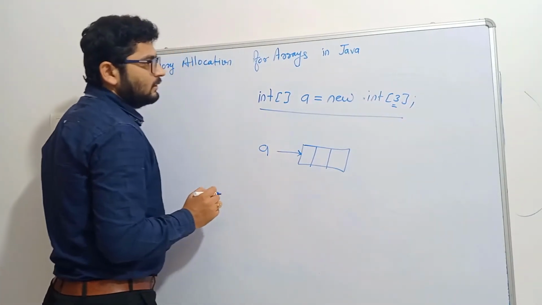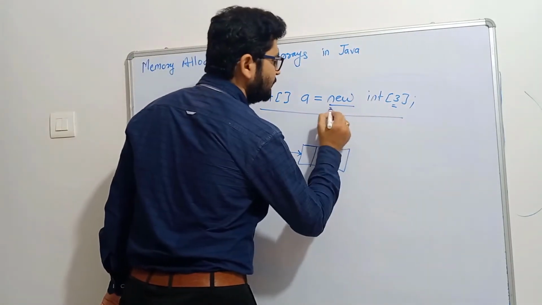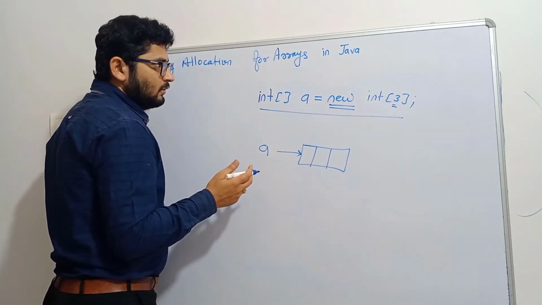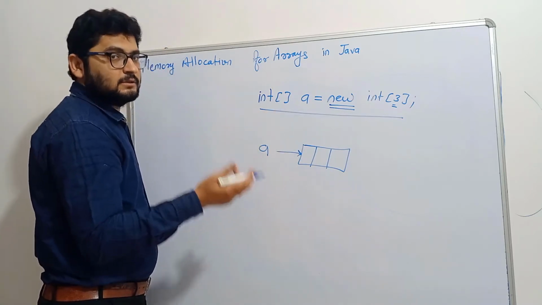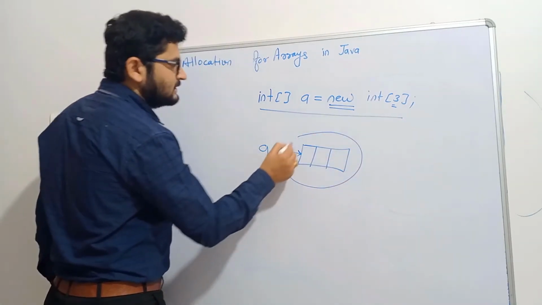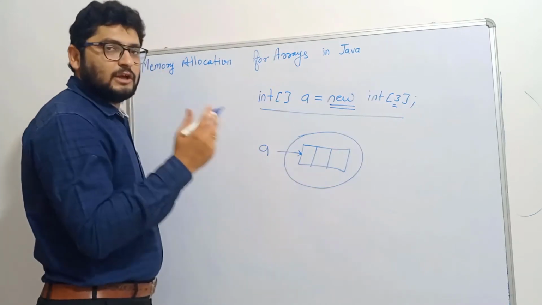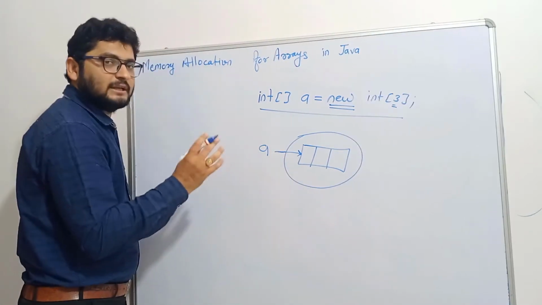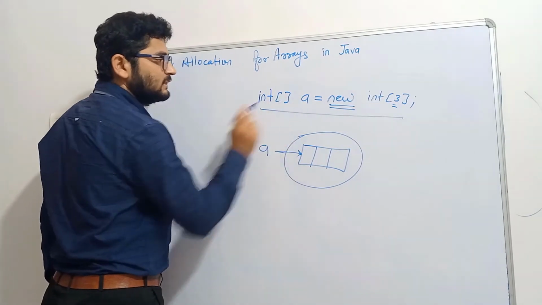So this new array which has been created with size 3 will be pointed by this A. Okay, now for creating an array I have used the new keyword over there, or you can say the new operator. So we know that the new operator is used for creating an object. So we can conclude that each array in Java is nothing but an object. So you might have a doubt that if this is nothing but an object, then there should be a corresponding class for this object. So let us see what class is there for this object.